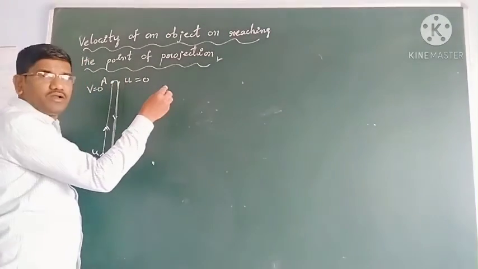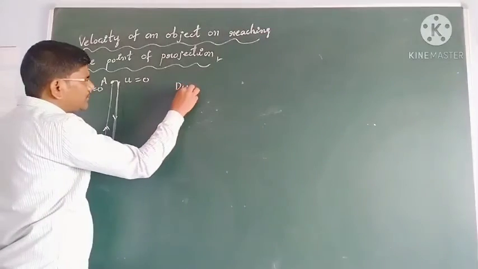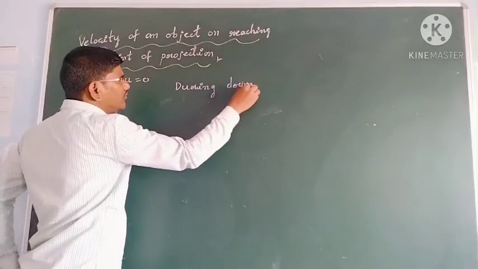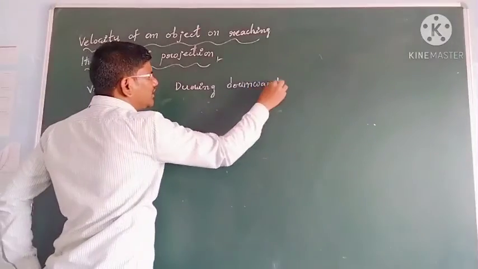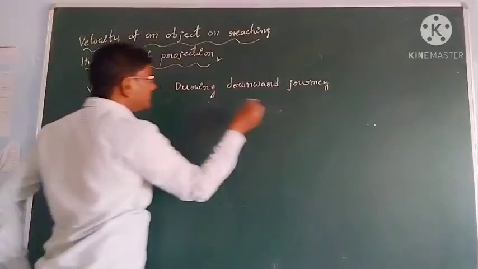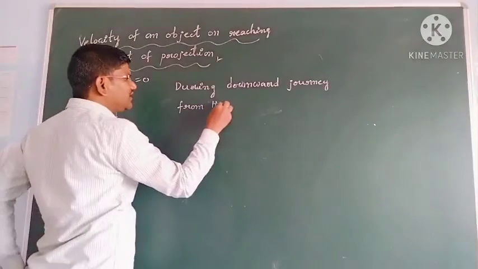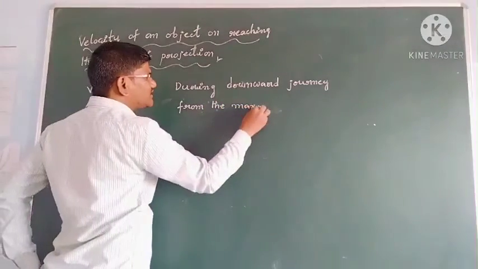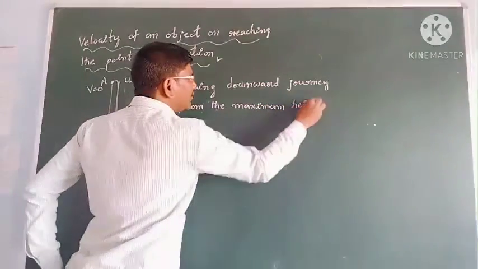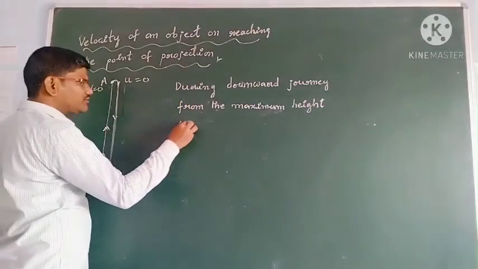So during the downward journey from the maximum height, it is falling down from the maximum height, so the initial velocity